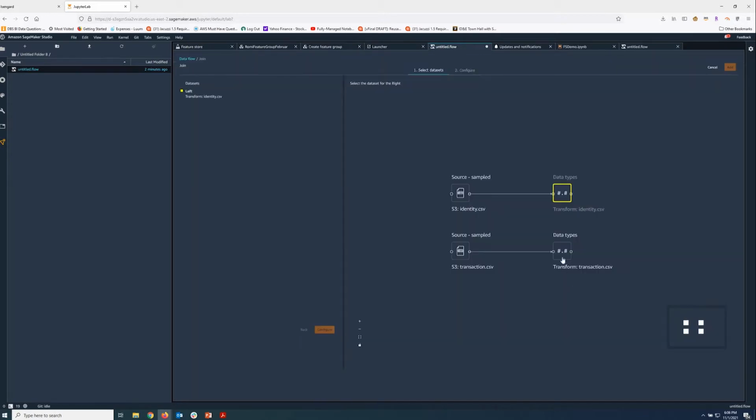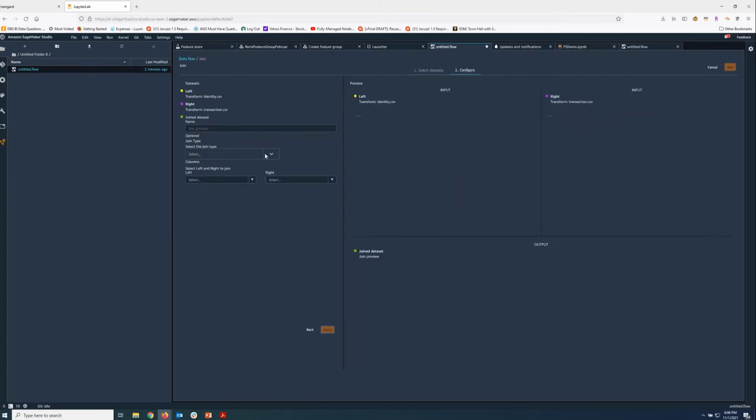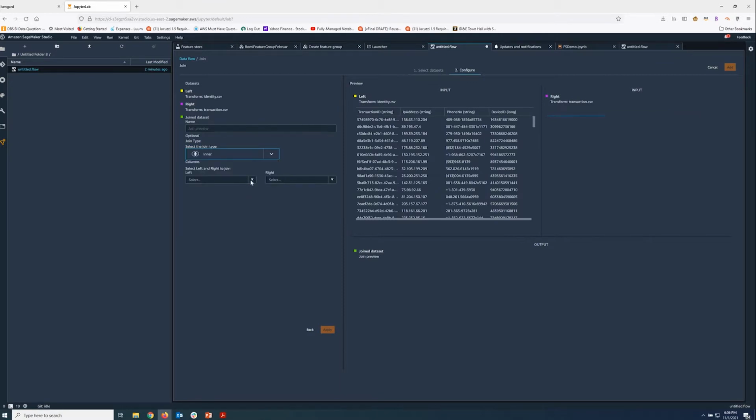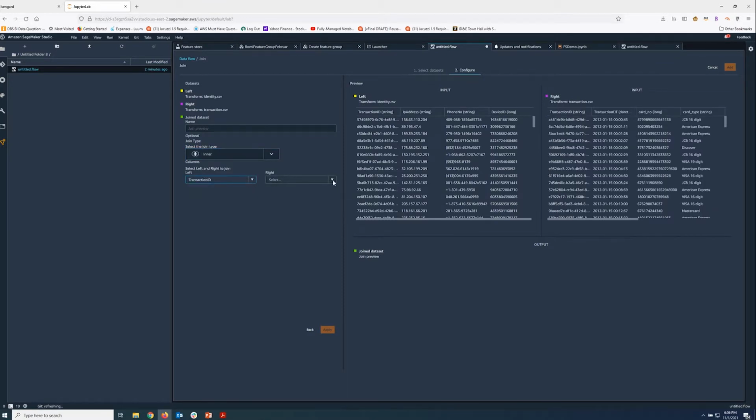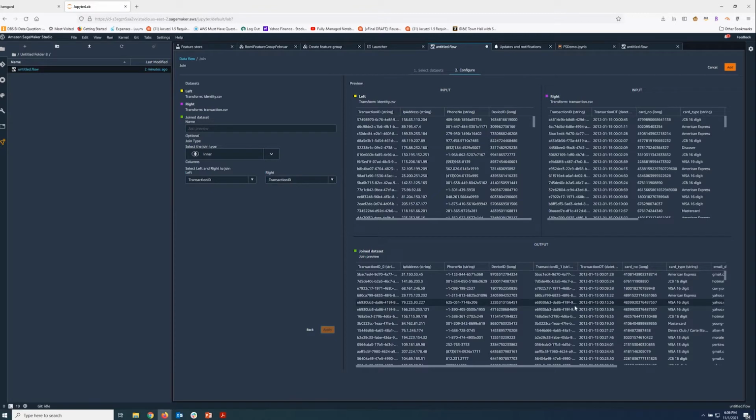So you do join, you click on this, you want to join the two, you have to configure the nature of the join. Go out here, do an inner join, select the field on which we are joining, transaction ID, and just apply. And now we have our joined data set merging the two files, which could be used for fraud detection and other use cases in your institution. Of course, the transaction ID, credit card types, etc. We add that as a step.